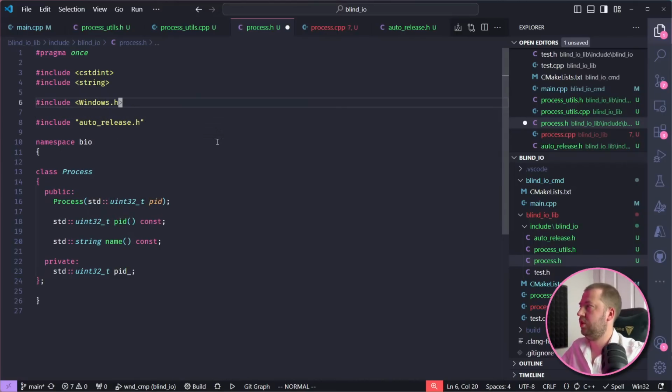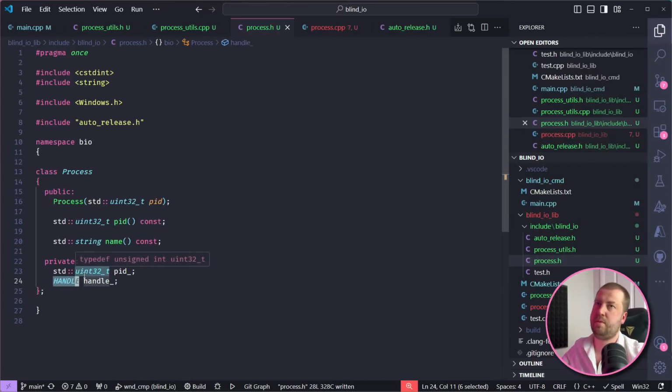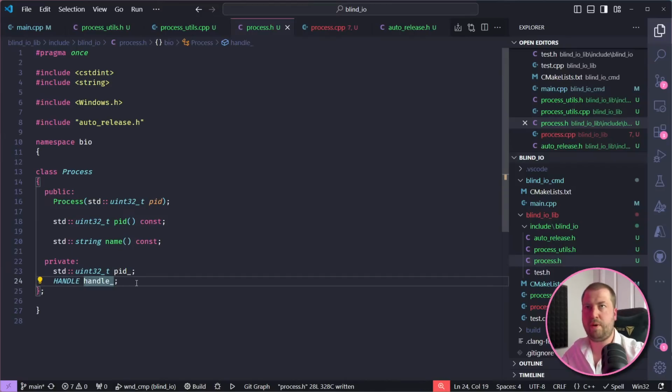In Windows.h, I just know that we are going to want to have a handle to this process. But by just storing a handle here, I have to remember to close it when I no longer need it, and I have to handle copying it and ownership. So instead, we can just wrap this in an AutoRelease handle,